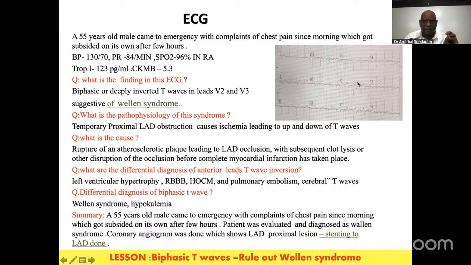This is classical of a transient anterior descending artery plaque or blocking. There is an occlusion. Either this has been relieved by lysis or by a clot which has gone out. Always you must see that and do an echo. There will be almost an abnormality. Ideally proceed towards an angiogram and try to see what it is. This case had a left anterior descending artery proximal lesion, a very tough lesion, and immediately stenting was done. The message here is a biphasic T wave, never ignore.